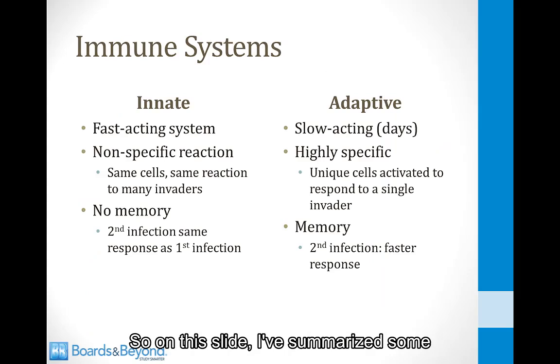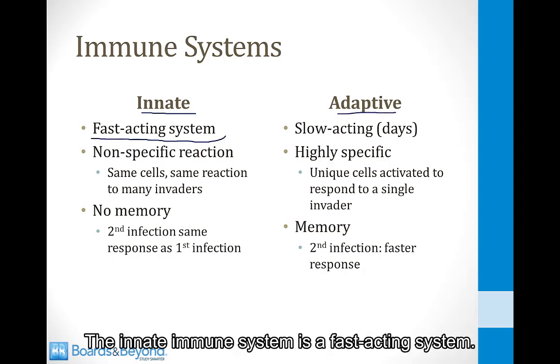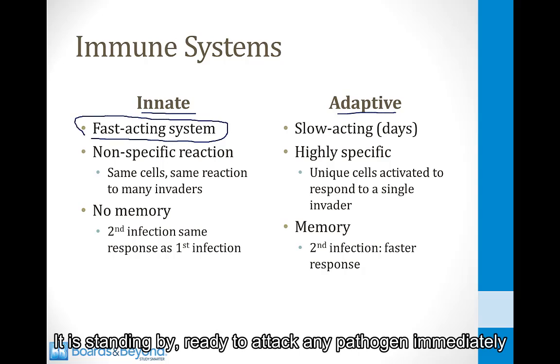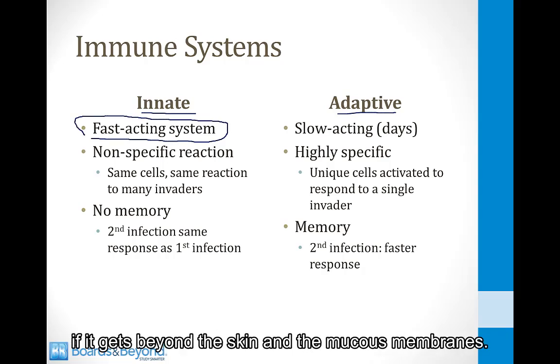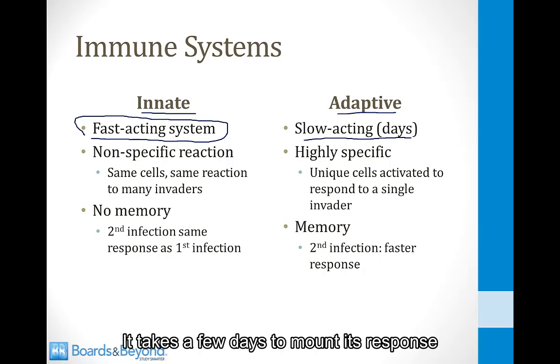So on this slide, I've summarized some of the key differences between the innate and the adaptive immune systems. The innate immune system is a fast-acting system. It is standing by, ready to attack any pathogen immediately if it gets beyond the skin and the mucous membranes. In contrast, the adaptive system is slow. It takes a few days to mount its response. But as I said before, once it does, it's a much more powerful response than what you get from the